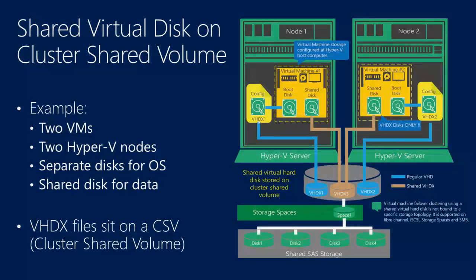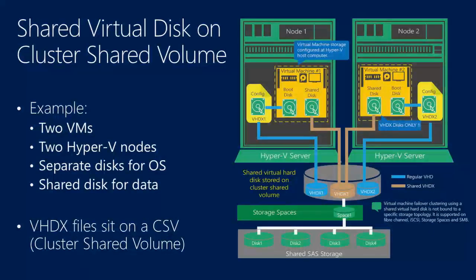They have their VHDX with the boot disk. Those are dedicated, but they have a shared disk here that goes to this one shared VHD. Okay? So in this case, 2 VMs, 2 Hyper-V nodes, a separate disk for each for the OS, and a